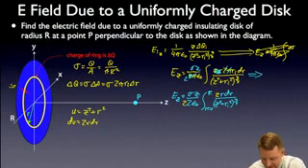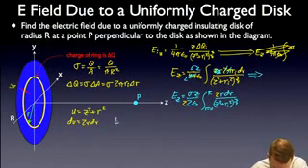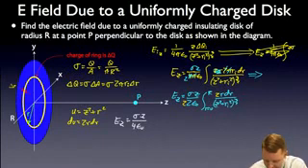Now I've got this constant times the integral of du over u, pardon me, du over u to the 3 halves. Well, that's just u to the negative 3 halves du. When I integrate that, what I'm going to find is that Ez then equals sigma z over 4 epsilon naught, the integral of u to the negative 3 halves du. Well, that's just going to give me negative 2 over u to the 1 half